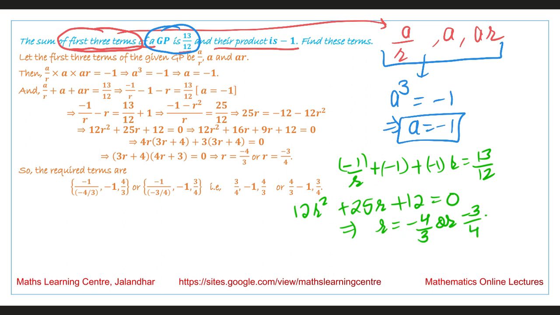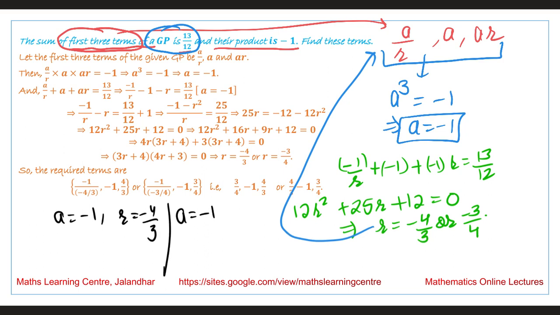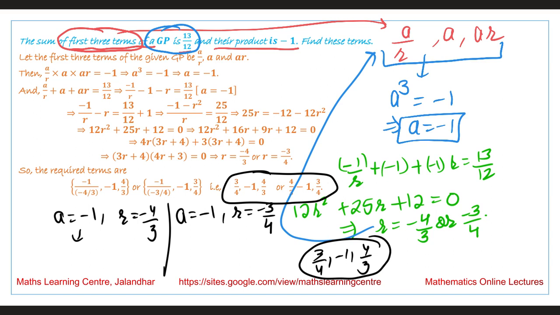So if we substitute these values in this formula, we have a is equal to -1, value of r is -4/3. We have a is equal to -1, value of r is -3/4. On putting these values, we will obtain the two sequences. These are the two sequences we are getting. One is 3/4, -1 and 4/3, and the second we are getting is 4/3, -1 and 3/4. So these are the two sequences, or these are the two numbers, the set of numbers